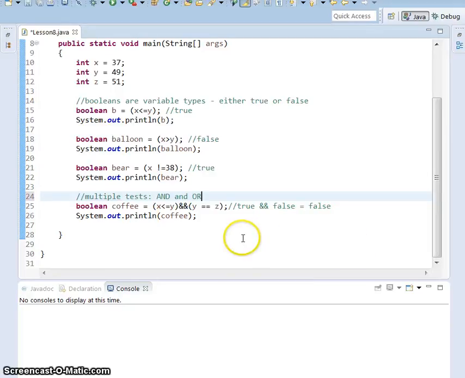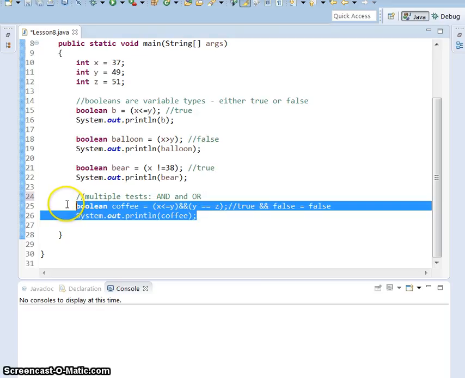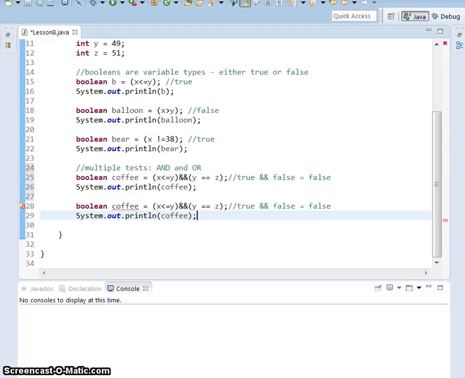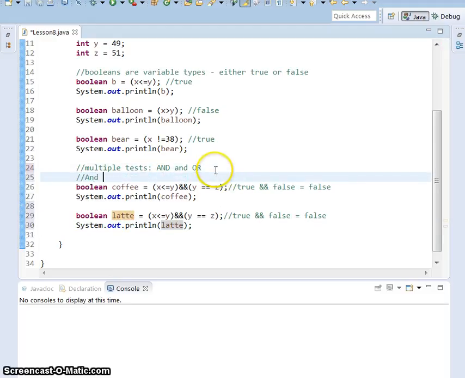Welcome back to lesson 8, where we just talked about the AND operator, and now we're also going to talk about the OR operator. So for AND, both have to be true in order for the result to be true. For OR, one or the other has to be true for the result to be true. So this first one up here was our AND